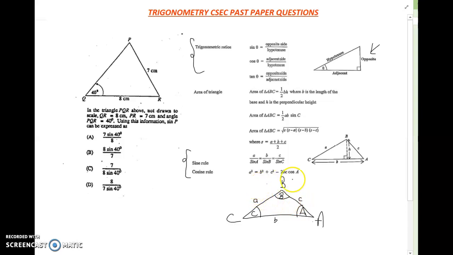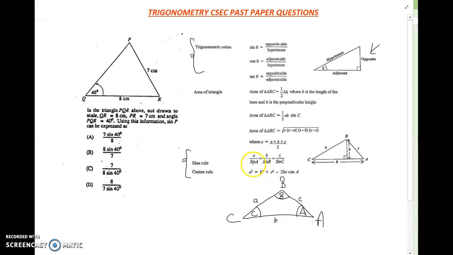Now for the sine rule, we write it like this. We say, side A over sine A is equal to side B over sine B is equal to C over sine C. So the capital letters is what I denoted here. Those are the angles, right? And at the top we have the lengths or the sides, right? And we use the sine rule